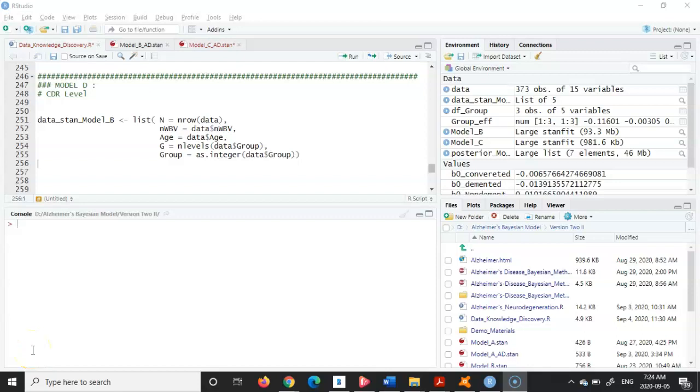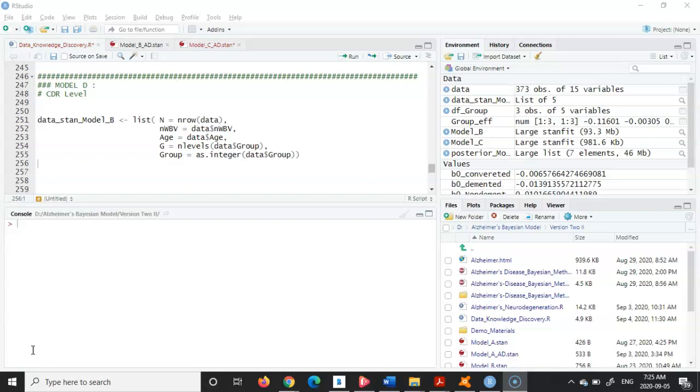Okay guys, welcome back. At this stage we just want to add one more level of hierarchy to our existing model that we previously discussed, about what's going to happen to the brain size if those persons are classified as demented, non-demented or converted. Now we are going to add one more level of hierarchy to one of those levels: what's going to happen if those persons who have been identified as demented and suffering from Alzheimer's,